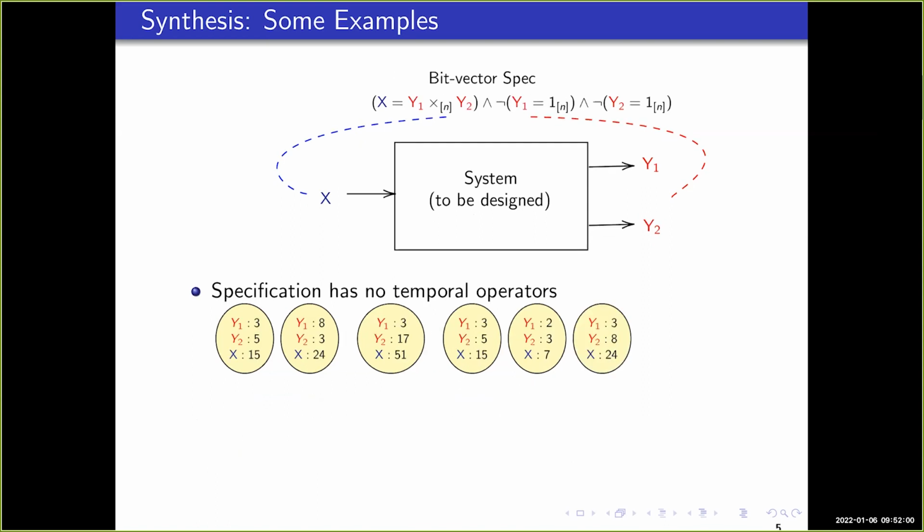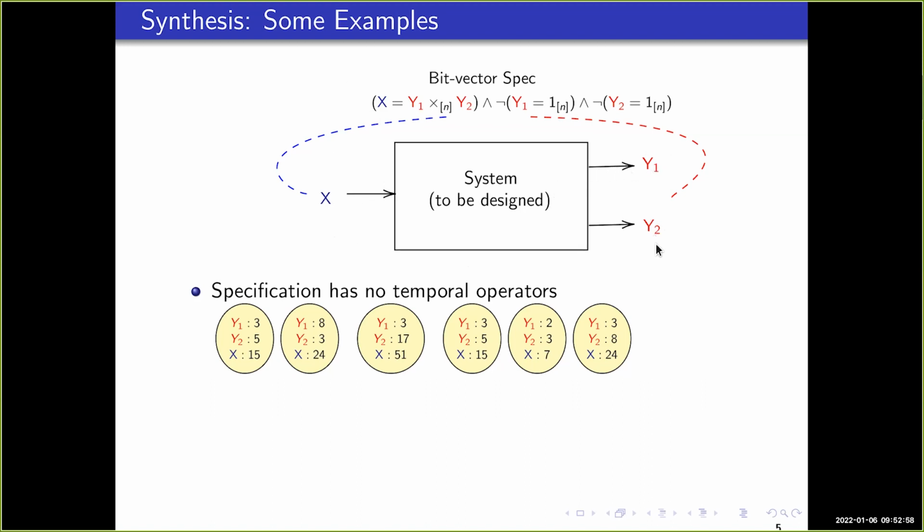Okay. Now I want to present a third example, and this will be the last example to motivate what we are trying to do. After that, we will try to get into the nuts and bolts. So this example also has one input and two outputs, and you look at this specification. As I've written, it's a bit vector specification, which can of course be written down as a propositional specification. What I mean by this bit vector specification is that X is a bit vector, Y1 is another bit vector, Y2 is another bit vector. Okay. So you can think of X as being 2n bits, y1 as being n bits, and y2 as n bits, right? So the number of bits in X is twice the number of bits in each of y1 and y2. And the specification says that